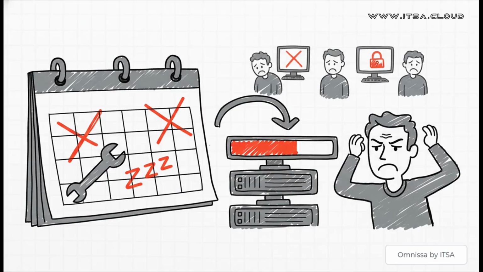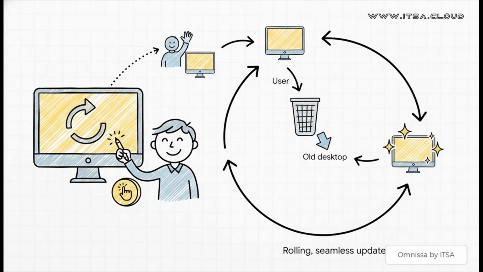And let's just go back to that management piece for a second. In the old world, patching your fleet of desktops was this painful, disruptive event, right? You had to schedule maintenance windows, disrupt your users, and run through this lengthy operation that could take hours. With instant clones, you just update your single golden image and hit push image. Horizon then handles everything else, gracefully giving users a fresh, updated desktop the next time they log in or log out. This isn't just a faster update, it fundamentally gets rid of the whole concept of a patching window. It's just a seamless, rolling update with zero downtime.